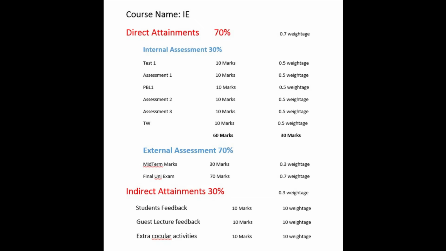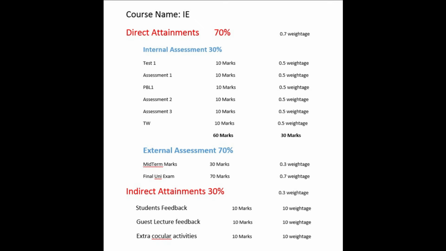So again I am showing this part to understand what we are doing. Okay, so all the items we have added up to this tutorial are under internal assessment. So I need to add one more category under direct attainment, that is called internal assessment, and I need to give weightage of 30% to that internal assessment. So I am going to add that by clicking add items. So let's see how we can do that part.